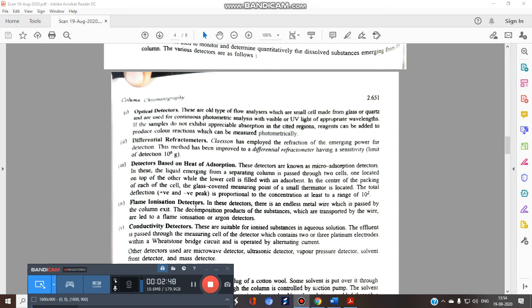Column chromatography is a very wide term, because in GC, that is gas chromatography, yes, we use a column. In HPLC, yes, we use a column. So column chromatography applies to a large number of these techniques. It covers these methods. Like in gel chromatography, yes, again a column is used. I'll show you. Just see this.